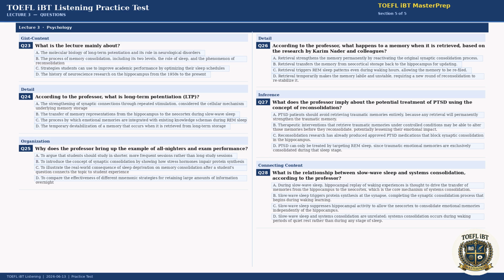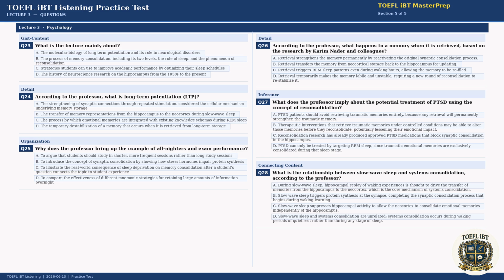Exactly, and the research supports that intuition very strongly. Studies have shown that sleep deprivation after learning dramatically impairs subsequent memory retention. In one well-known paradigm, participants who learned a set of word pairs and then slept performed significantly better on a recall test the next day than participants who learned the same material but stayed awake. The problem with all-nighters isn't just fatigue, it's the absence of the consolidation window that sleep provides. You might encode the material during studying, but without sleep, the synaptic and systems-level consolidation processes are curtailed. In effect, you're filling a leaky bucket.